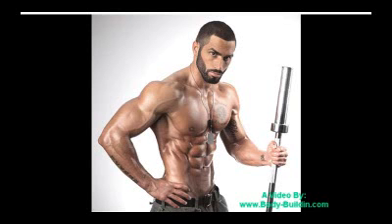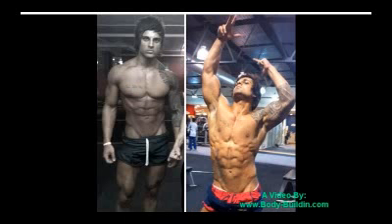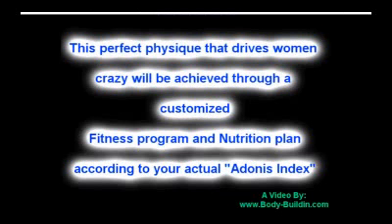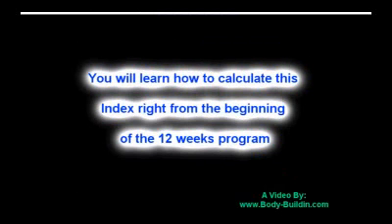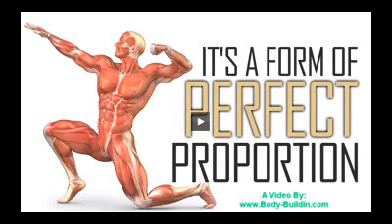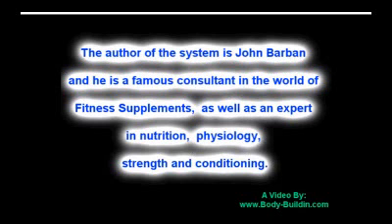If you look at our two-dimensional man here, and keep in mind this is rough because in a true Adonis Index we're dealing with circumferences in a 3D level, not just a 2D picture, but we're going to work with what we have for now. You see that with this 6-foot person, he has the best Adonis Index you could have. In fact, if you look at his waist as a two-dimensional figure, the distance between his shoulders and his waist measurement is exactly the 2 dimensions of his waist. This creates the perfect triangle, the golden triangle,